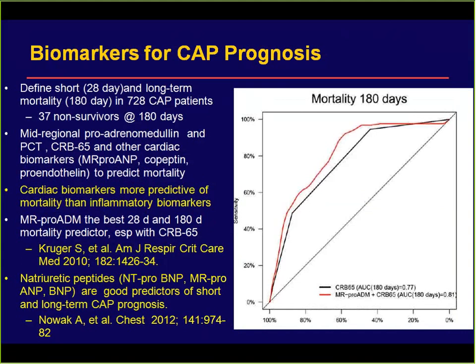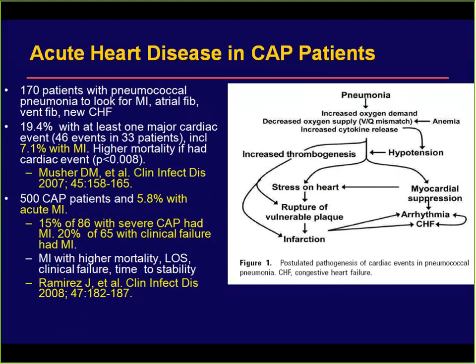There's also, I think, some very interesting information about biomarkers and long-term mortality in pneumonia. You may not be familiar with the literature, but it turns out that in community-acquired pneumonia, there are more people who end up dying at 6 months than end up dying in the first month. Nobody's quite understood what this long-term mortality in community-acquired pneumonia is all about. This study looked at a number of biomarkers to predict 180-day mortality, and it turned out that cardiac biomarkers were a better predictor of 180-day mortality than inflammatory biomarkers,